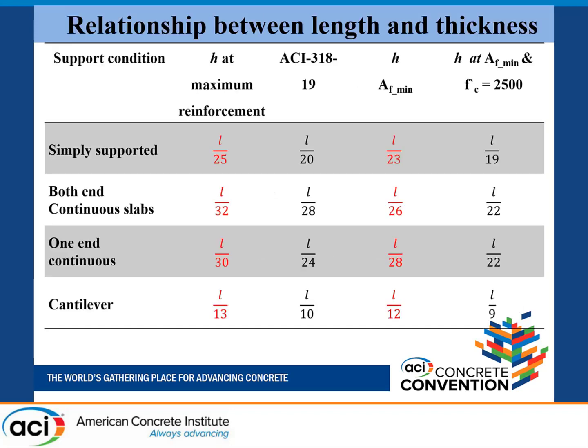So here is the relationship that we have developed. It might seem weird, but I'm telling you why. If you're using maximum reinforcement, you can control your deflection with a factor like L over 25. ACI says that you can satisfy deflection with L over 20. And it seems weird that FRP bars will end up with lower thickness. But this is because you are using more and more reinforcement. You are utilizing as much reinforcement as you can. And if you are using maximum reinforcement, you can actually end up with lower thickness compared to what ACI says